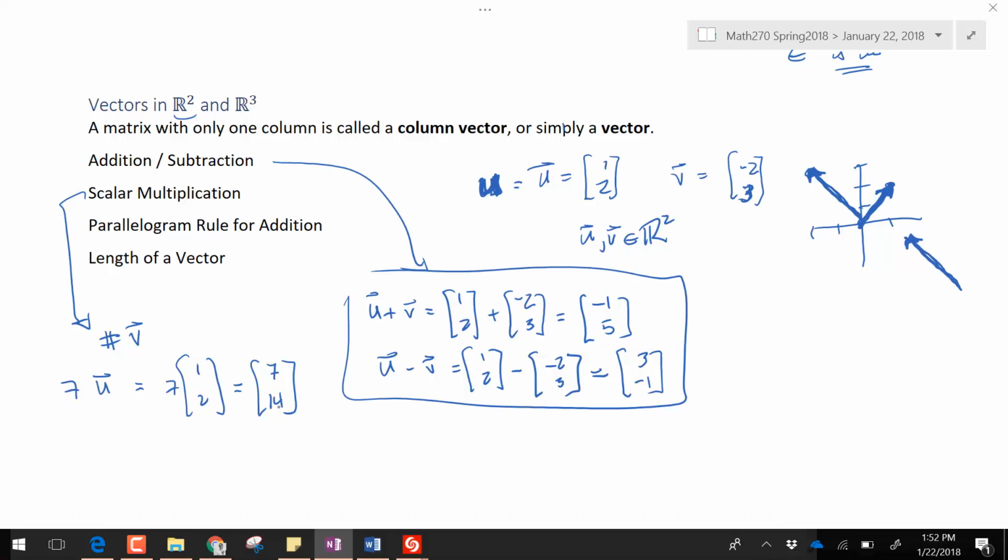So we can take a look at the word scalar and say that we're taking a vector and we're scaling it to either stretch it or shrink it, depending on if you're multiplying it by a number bigger than 1 or less than 1. But the idea of a scalar means it's something that you're multiplying by a vector and you're changing the size of that vector. It's based on the word scale, or another word that we use is constant, or not even constant, any real number